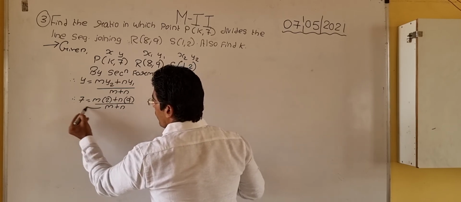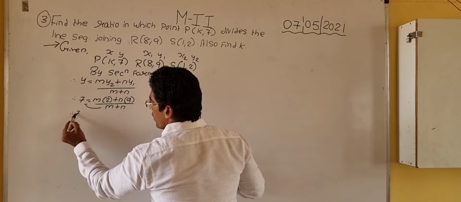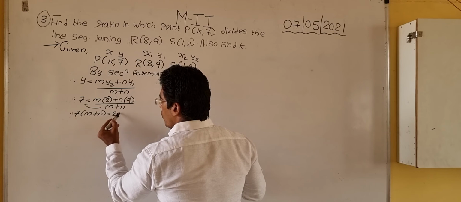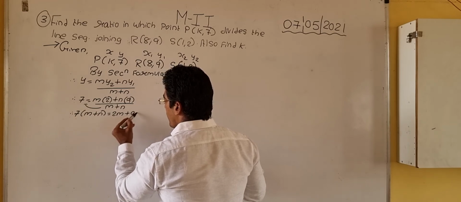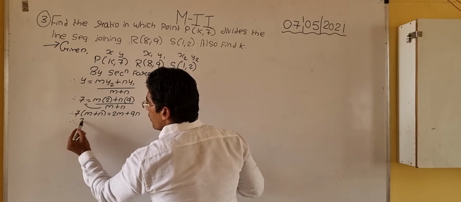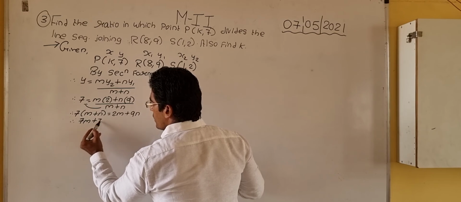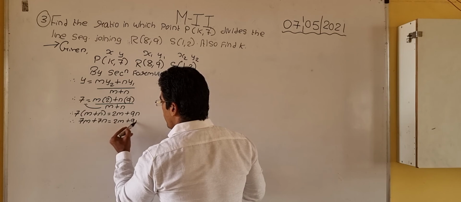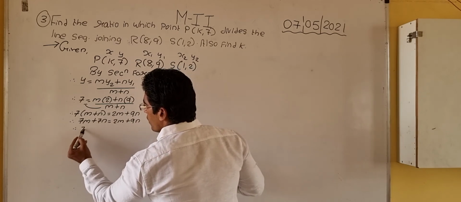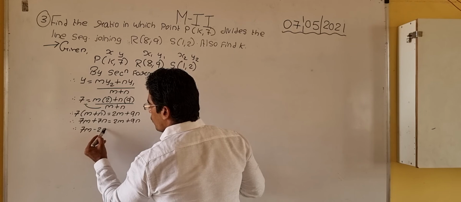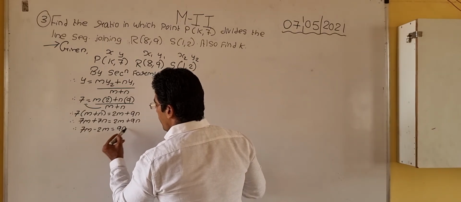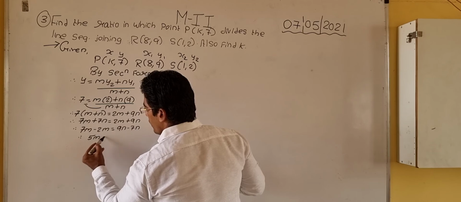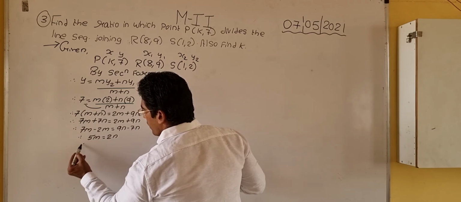Now this m plus n will get multiplied here. Therefore 7 into (m + n) is equal to 2m plus 9n. Therefore 7m plus 7n is equal to 2m plus 9n. Therefore 7m minus 2m, 9n minus 7n. Therefore 5m is equal to 2n. Therefore I can say